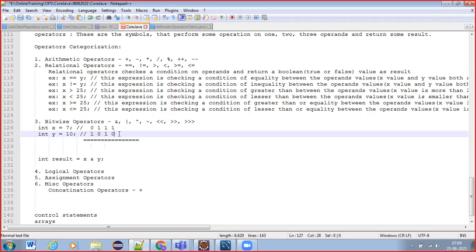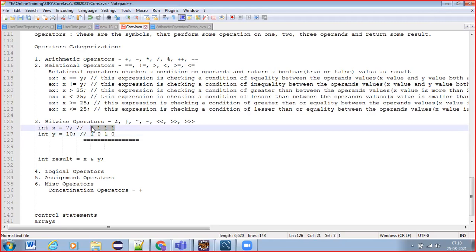So it will come like this. But we cannot read it as 1010. We should say it as 0101. Bits we always need to write from right to left, not left to right as we do in general.